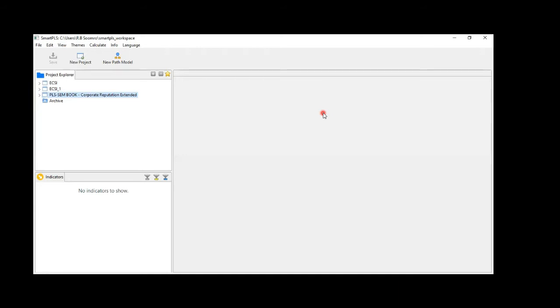Dear friends, when you open the Smart PLS software, you will find this neat, clean and beautiful interface before you. Like every software has an interface, this one is also an interface, and different options are available to us, starting from File, Language, and the Calculator.